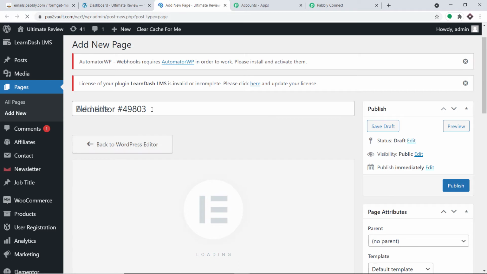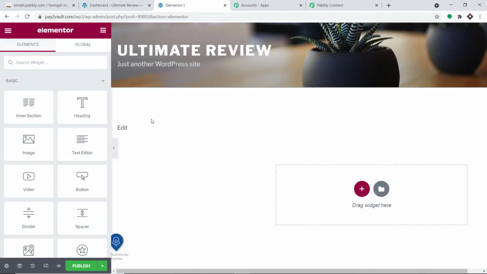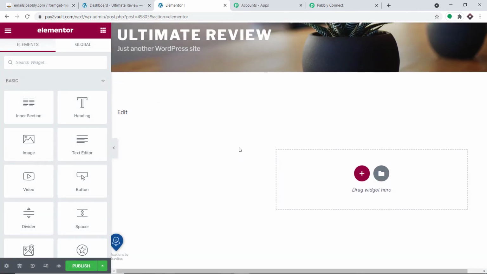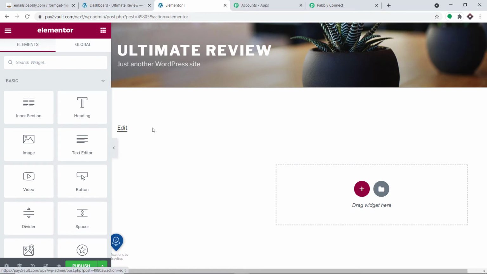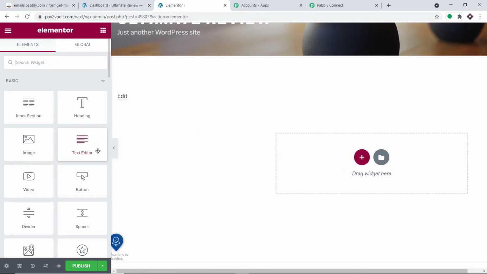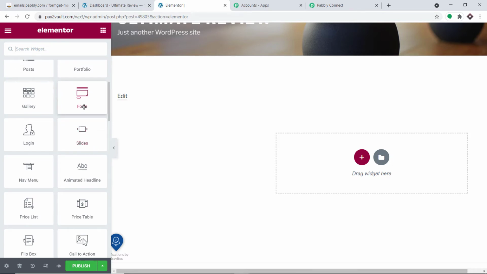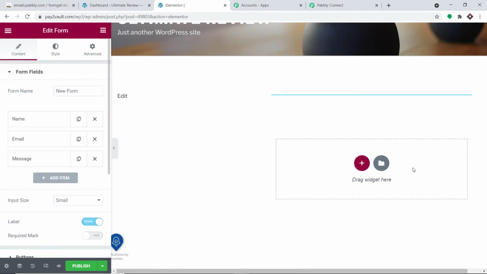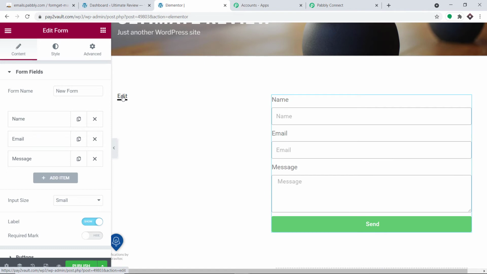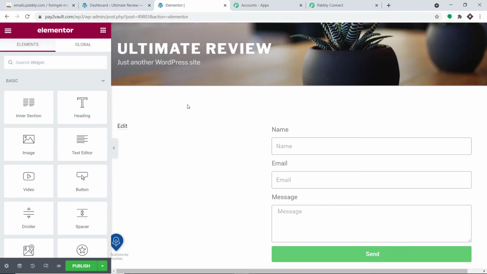Click this. Okay, so we are going to edit it with Elementor, and what we are going to do here is give a name to this particular page. So I'm planning to give it something related to student info. Okay, so this is the page. Let me just add some details. Now first of all, I'm planning to add a simple form. So this is the form I'm interested in. We have added the form. Excellent. Okay, I think we are ready.